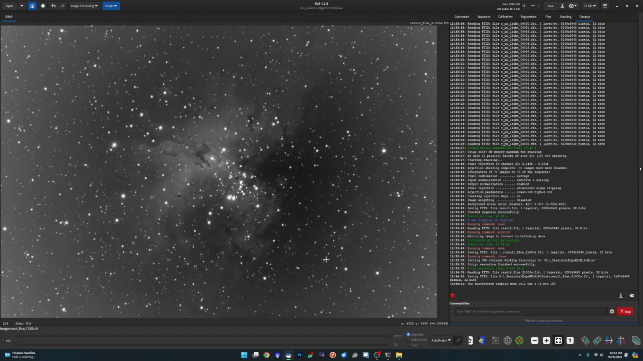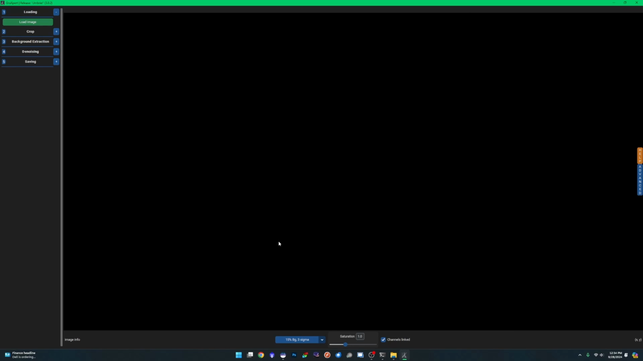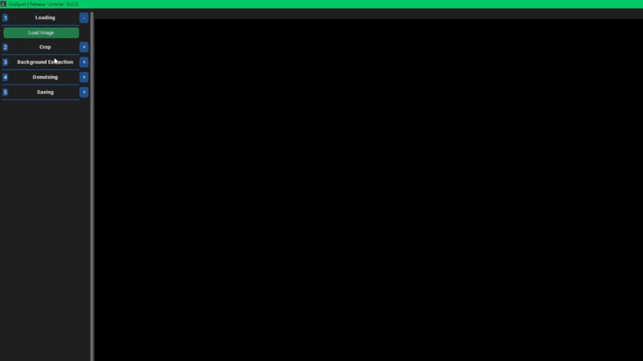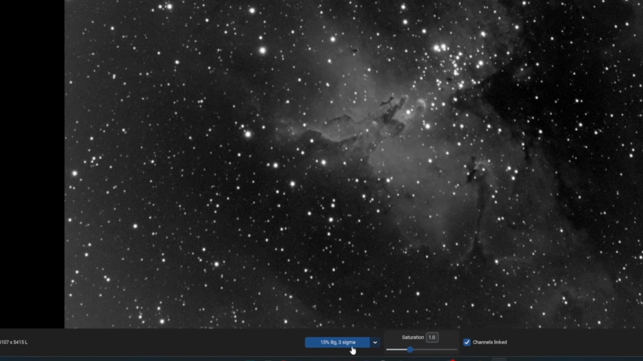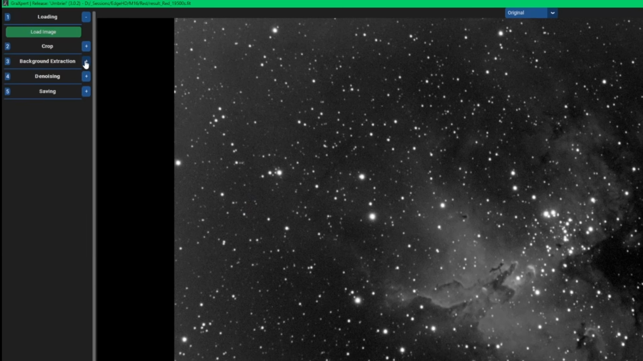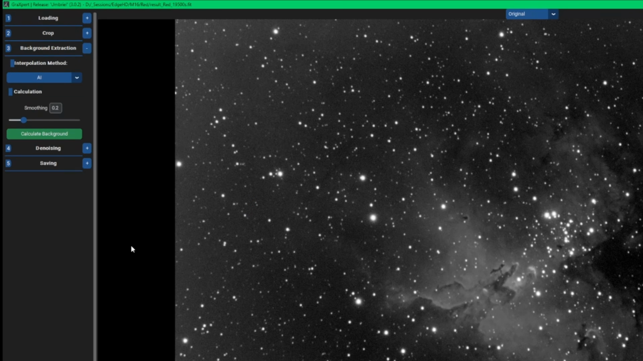We're going to jump into GraXpert now, and we're going to give each of these stacks, red, green, and blue, a background extraction as well as some denoising. So click load image. I'm in my red folder, so we'll start with the red. I have a 15% auto stretch applied at the moment, and we're going to come into background extraction. Because I ran through this a few times figuring out my workflow,